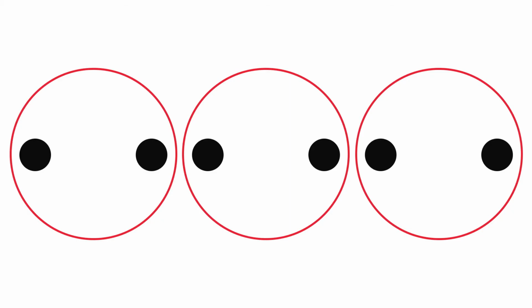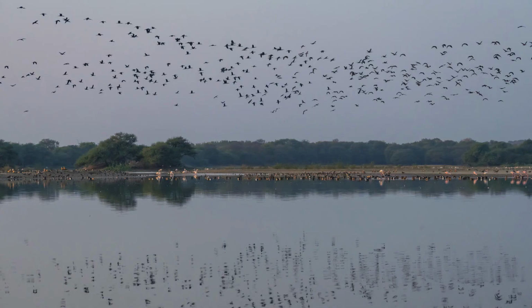The law of common region states that when elements are located in the same closed area, we tend to perceive them as belonging to a single group. For example, the circles are right next to each other, so that the dot at the end of one circle is actually closer to the dot at the end of the neighboring circle. But despite how close these dots are, we see the dots inside the circles as belonging together. For example, the horizon has kind of created two groups in this image, the birds flying and the ones reflected. Though they are close to each other, they still appear different.